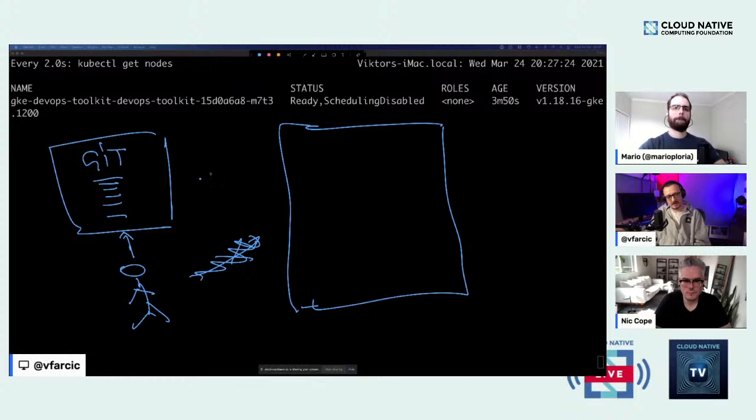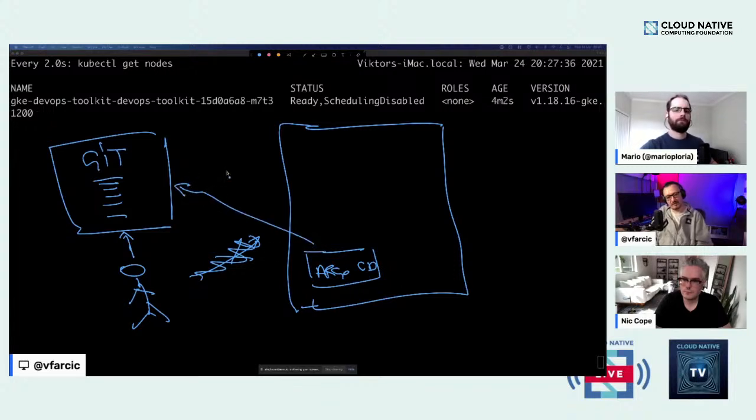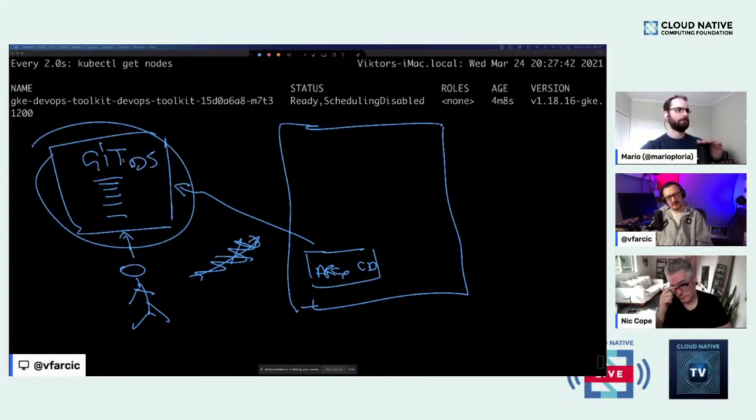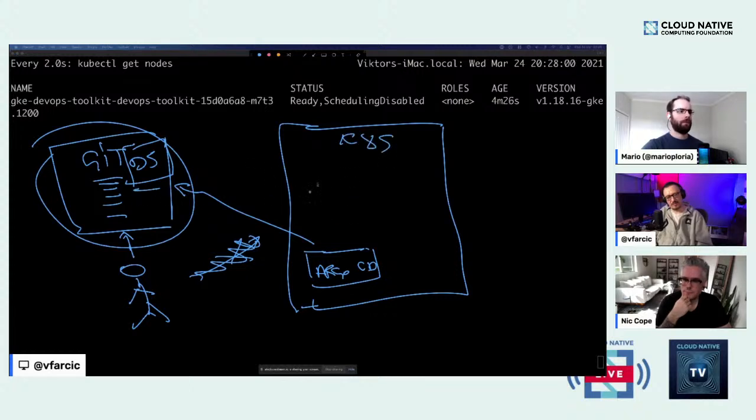I don't need to have access to that cluster, because I have installed Argo CD in that cluster, which is monitoring this Git repository, right? And from that perspective, this Git repo is the desired state. Desired state, that's where my desires are defined. And Argo CD is making sure that whatever is in desired state there is exactly the same as what is the actual state, which is, in this case, my Kubernetes cluster. So if I define a deployment, it will be running here. If I define, for example, like in this case,